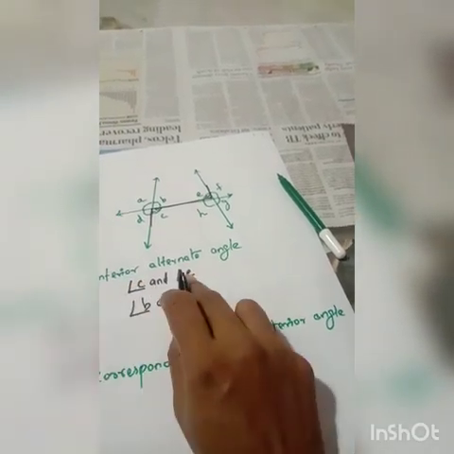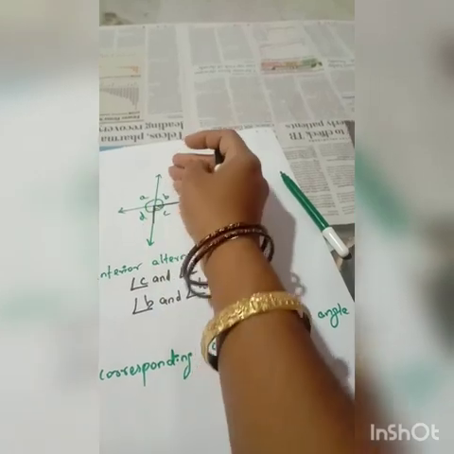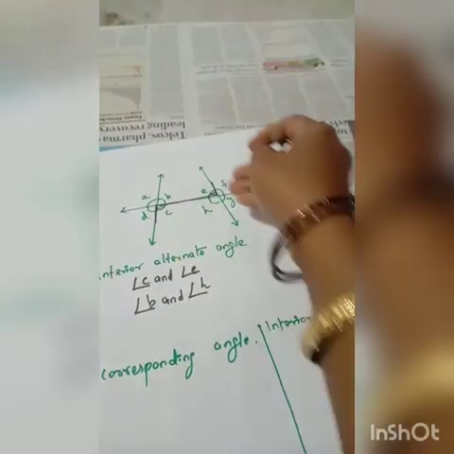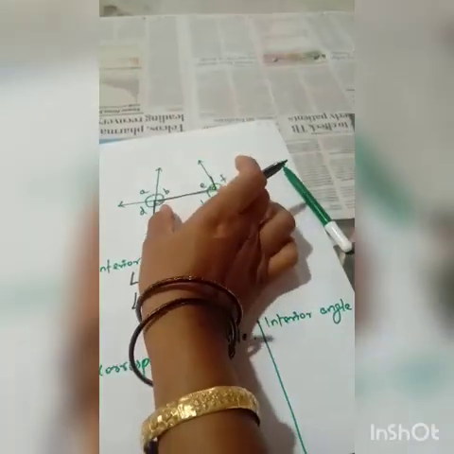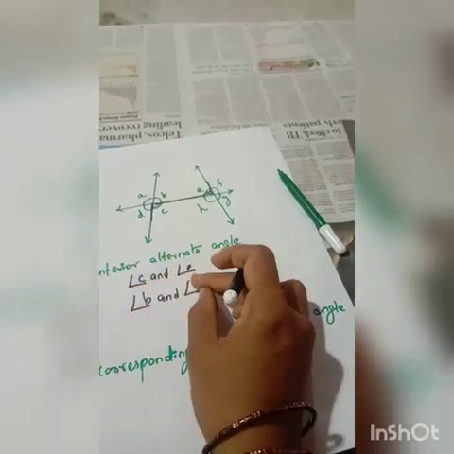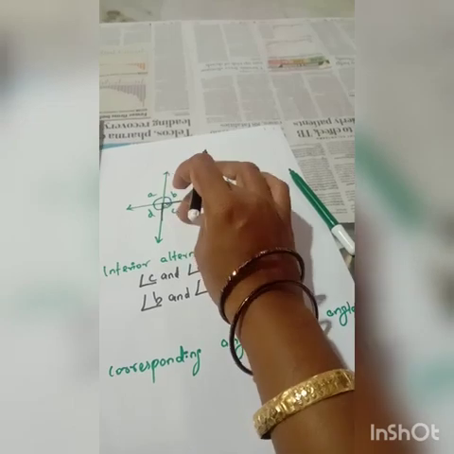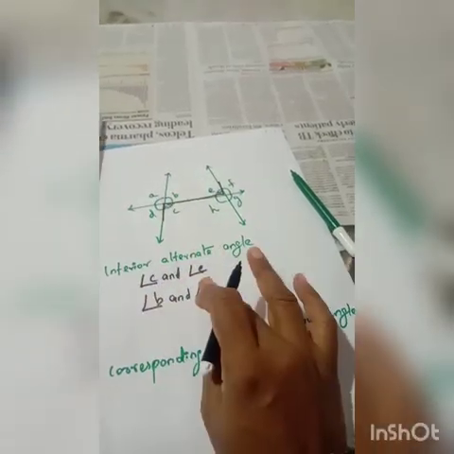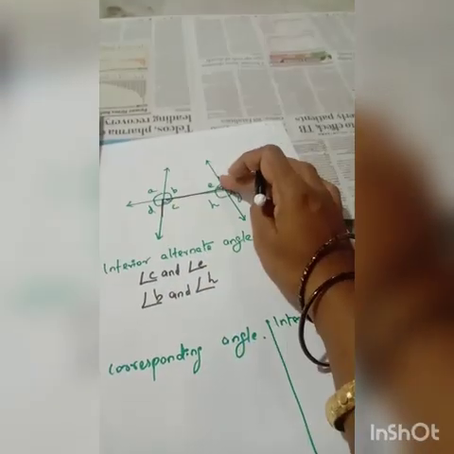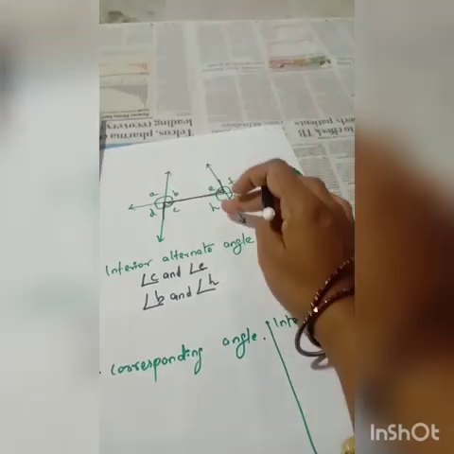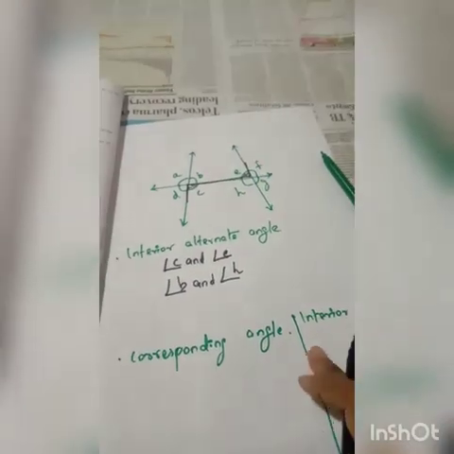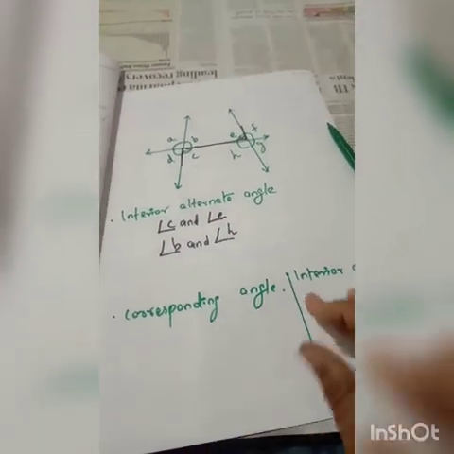Writing the angle is also very important. Here there are no parallel lines angles given. This much only is given, so write only one letter. It is enough. And one short form: if it is given in small letter, write only one. Angle C and angle E. Angle B and angle H. It is interior alternate angle.